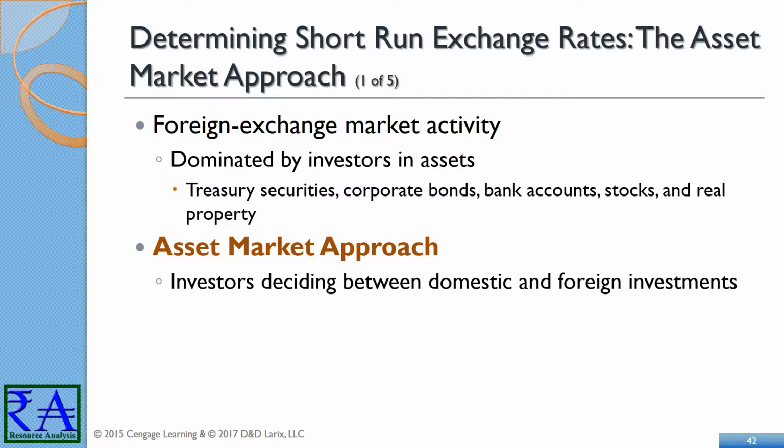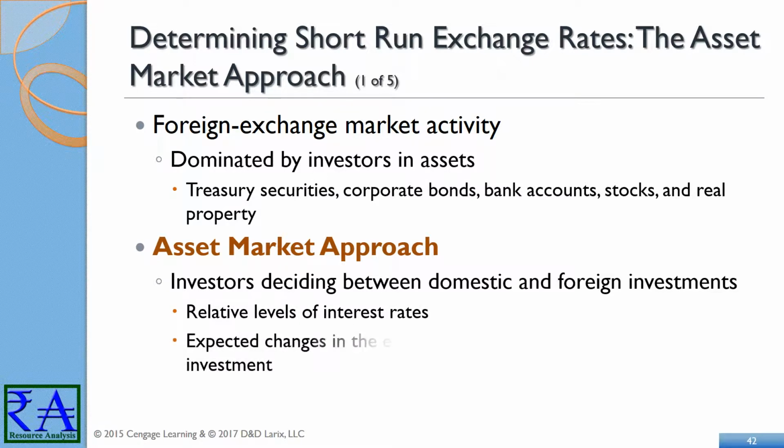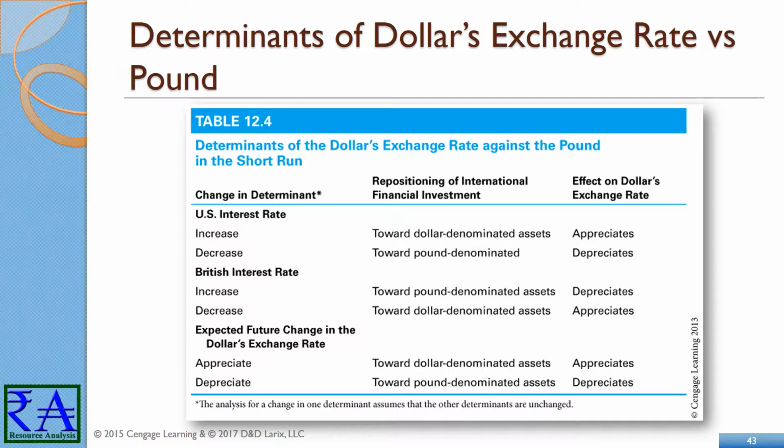According to the asset market approach, investors consider two key variables when deciding between domestic and foreign investments. First, the relative interest rate levels, and second, expected changes in exchange rates over the term of the investment forecast. These factors are attuned to the short-run forecast scenario, giving it an increased advantage for that purpose. This summary table demonstrates some of the factors comparing the US and UK for a short-term investment horizon. These are casual responses, but be prepared to apply changing values to these factors as they are applied to your